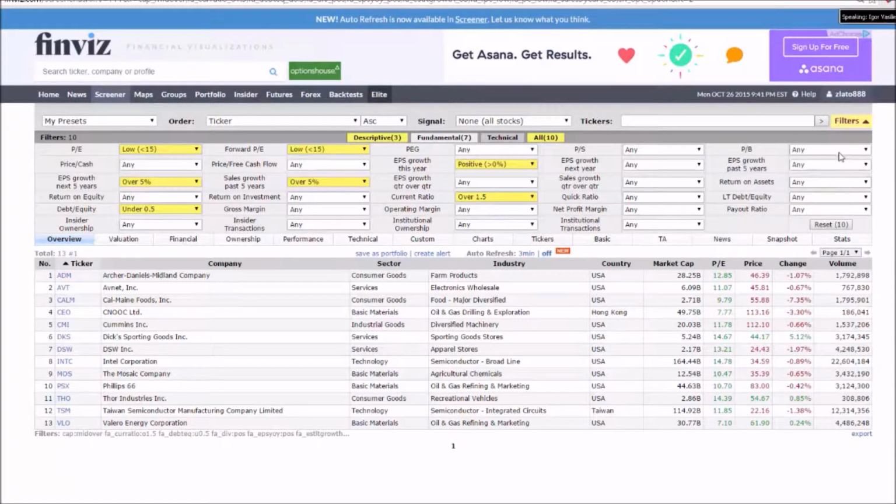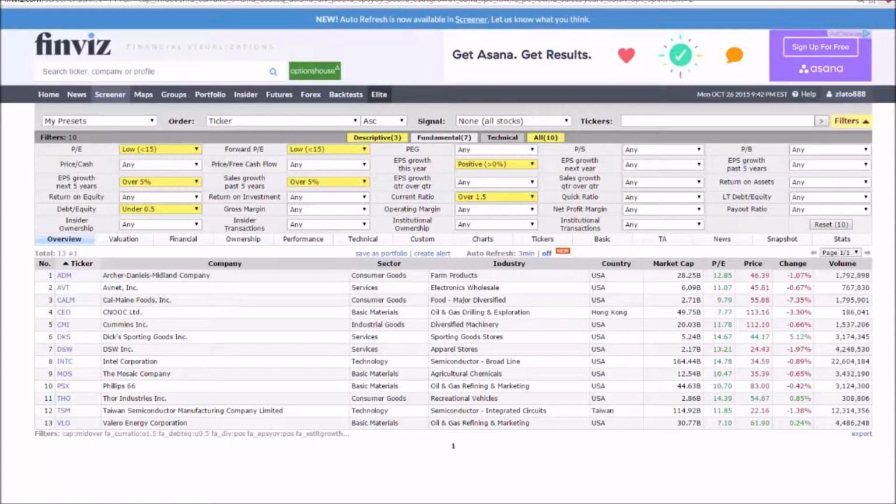Okay, and another one is price to book. Price to book is really tricky, and like all these parameters, it could be changed depending on what kind of industry you're researching. For instance, if you're looking at companies like Yahoo or Google or Yandex, service providers, you will discover that they don't have that many assets, so their price to book would be very, very big. Why? Because their real assets are the people who work there.